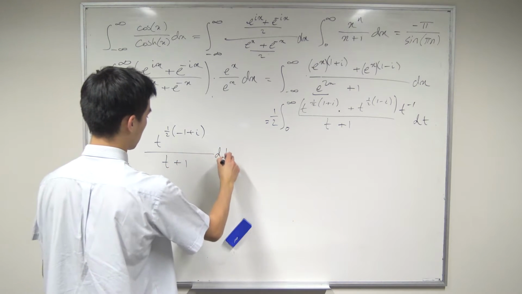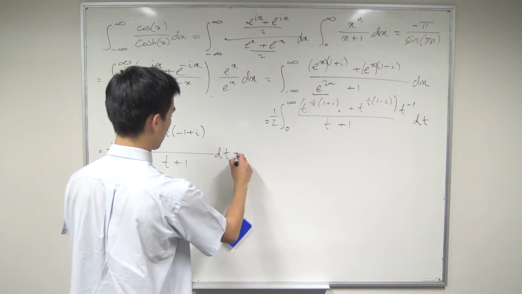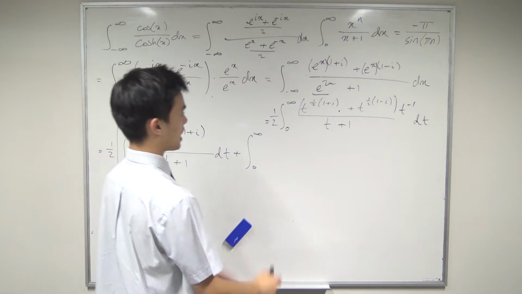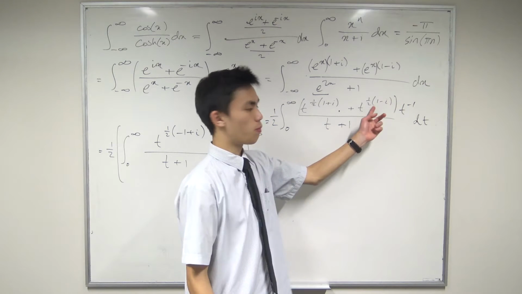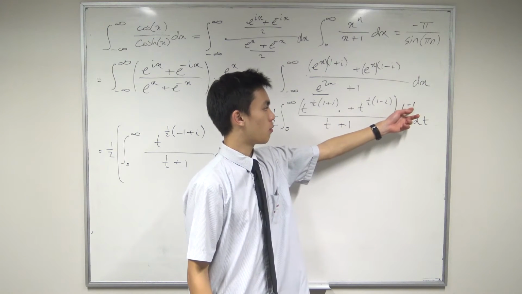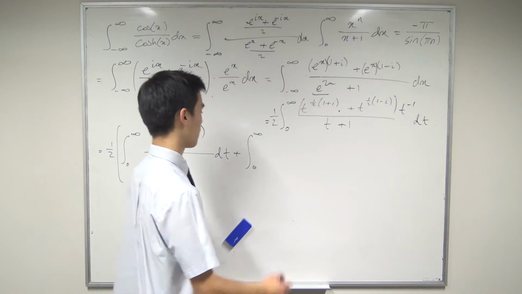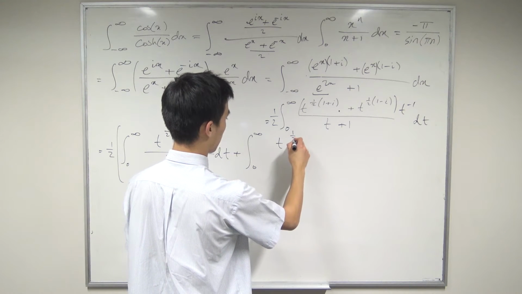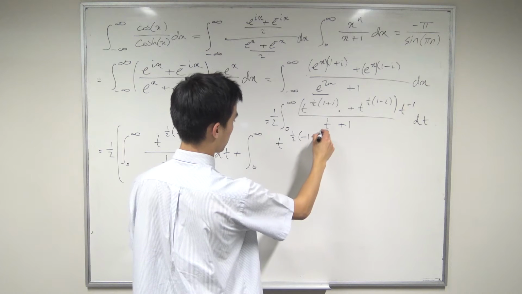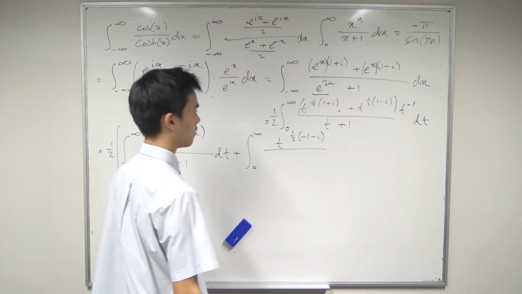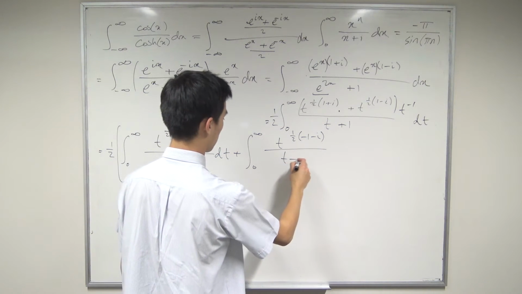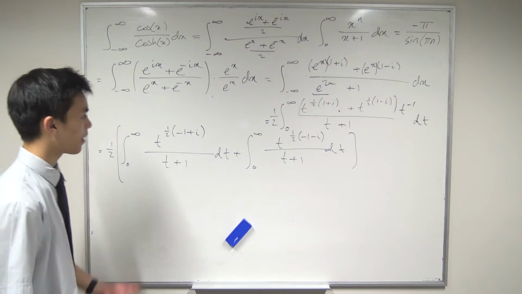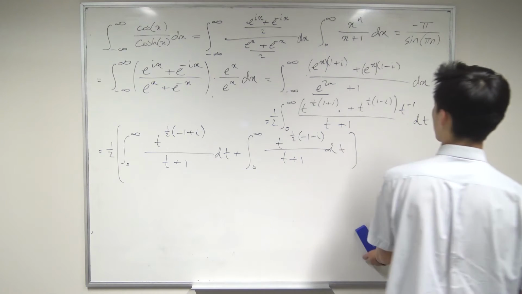That's all good, dt. Then we have plus the integral from 0 to infinity of, same deal over here, we have a real part of 1/2 right here. 1/2 minus 1, that's negative 1/2. So in fact here we're going to get t to the 1/2 and then minus 1 minus i, like so. All of this is divided through by t plus 1 dt, and a big bracket, like so. Alright, so now notice that